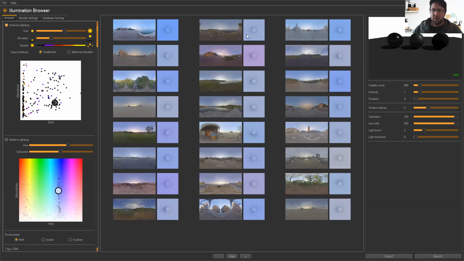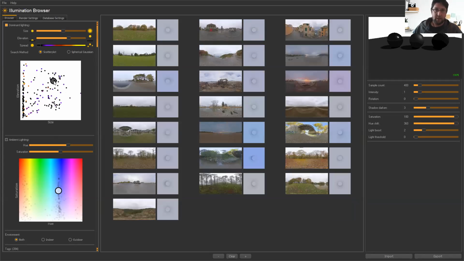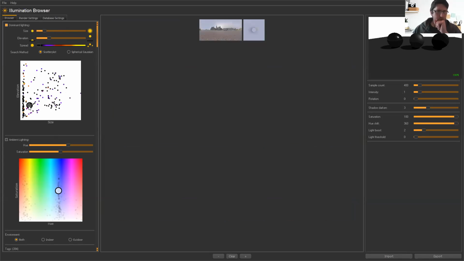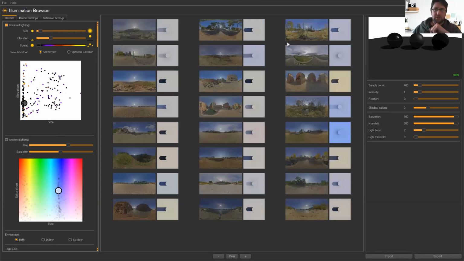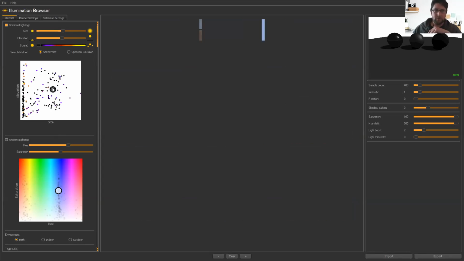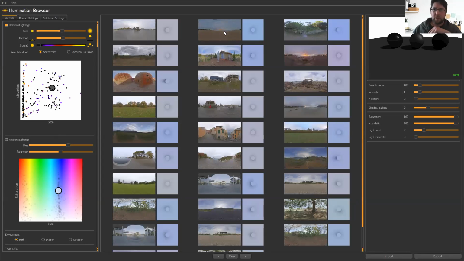You can see that all of these examples are similar because they all live within a similar space here. If I go back to the overhead lighting, you can see it's all sort of soft overcast lighting up overhead. Going back to the sharpness, these are the sharp shadows, and they're all quite similar. So an artist can go through and say, okay, I like something, and then select it. And on the top right there is a little preview renderer of that